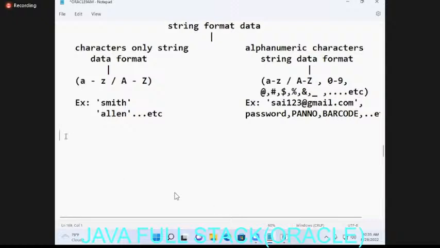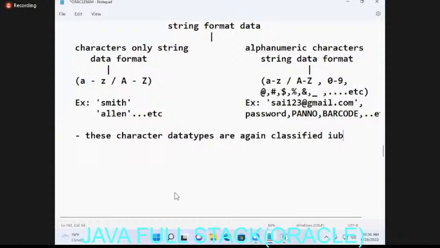Okay, right. And the next point here, observe. These character data types, guys, very important. Observe, these character data types are again classified into two ways here. The first one we call non-Unicode data types,